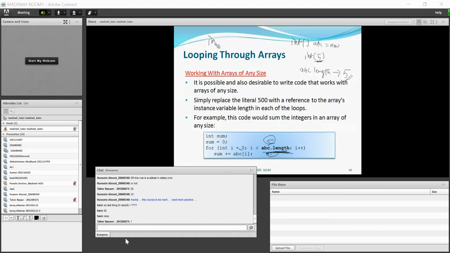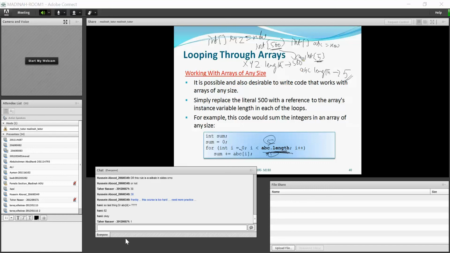Or for example, you have int xyz is equal to new int of 500. Now xyz.length will give you the value 500, that is the size of the array.